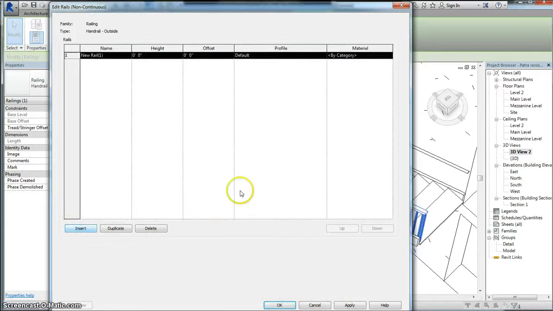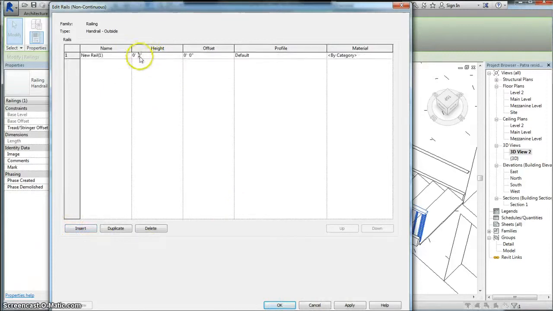So here I'm going to do an insert, and this one's going to be 4 inches off because we're going to space these. Eventually we're going to change these out. Right now we don't have a profile